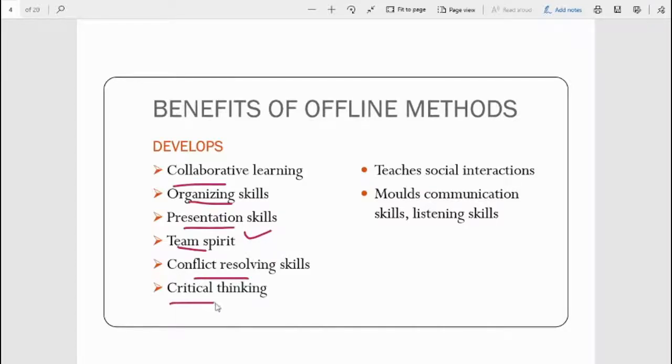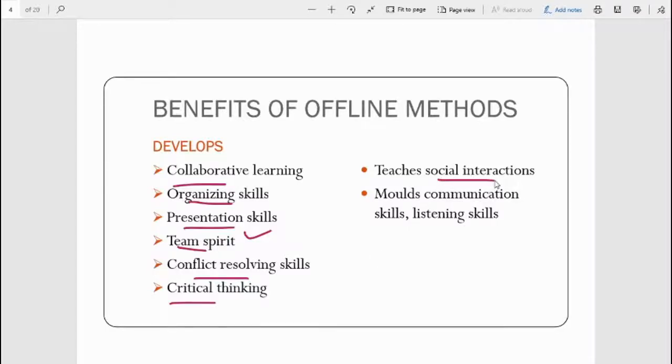It helps in the development of critical thinking, because when the teaching learning process is going on, there can be one method called the discussion method in the class. In that method, different learners have their own point of view on a particular topic. You as a learner will listen to everyone and try to absorb, then you will analyze their viewpoints, and at the end you will synthesize. This analysis and synthesis is part of the cognitive domain, that is, the cognitive objective. When you look at my previous videos, you will come to know about this. So it develops critical thinking, because you start questioning everything, you start looking for the reason: what is the concept, how is it working? Then it teaches social interaction.